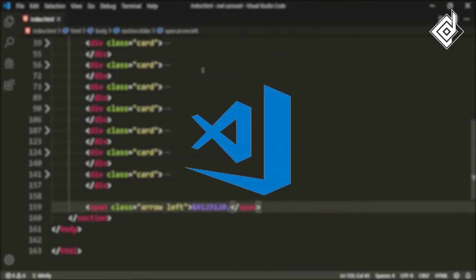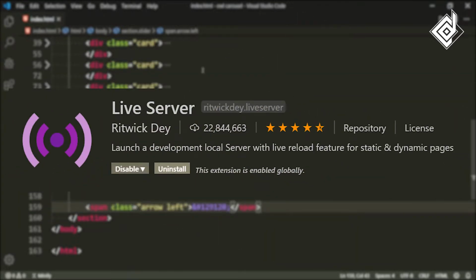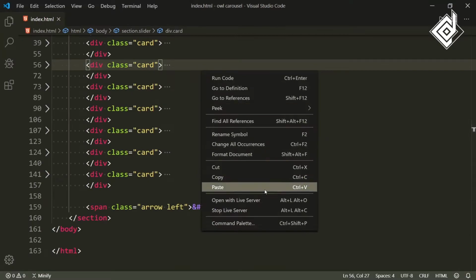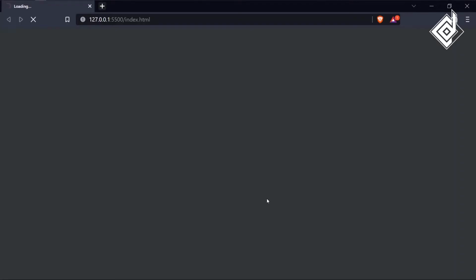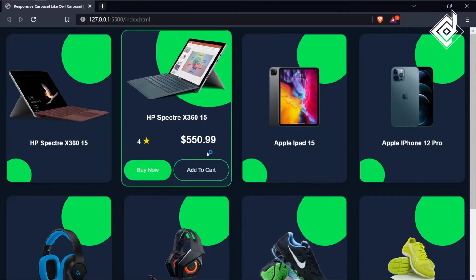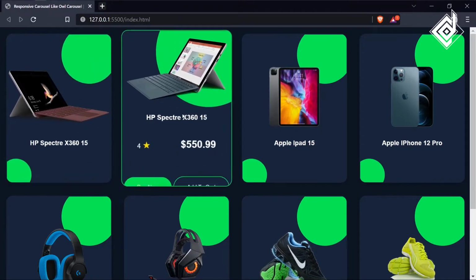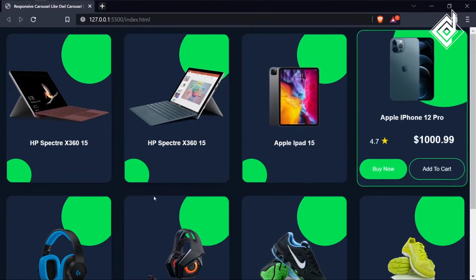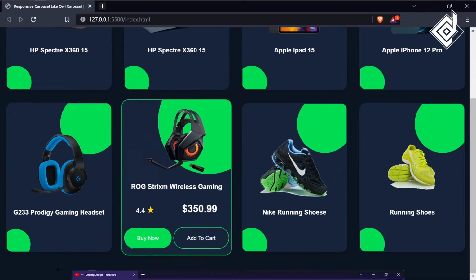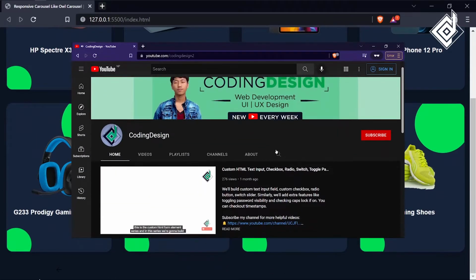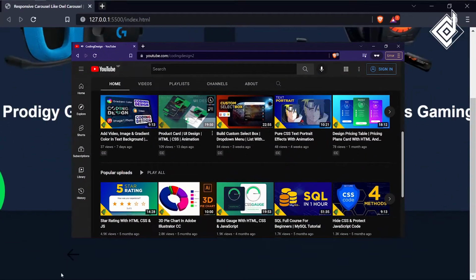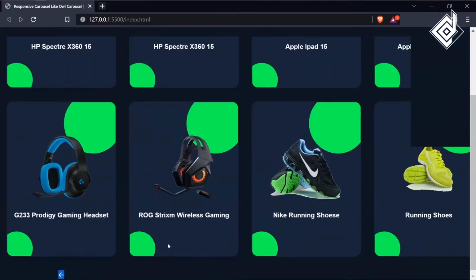If you are in VS Code and if you have installed the extension called Live Server, then in the index.html file, if you right click, you will get this option called open with Live Server. If you hit that option, it will open it in your default browser. With the help of this extension, whenever there are any changes in the HTML file, you don't need to refresh, okay? It will automatically refresh your browser. You can check out the separate video, I have already created the video on product card UI design. At the end, you can see this arrow icon, okay?